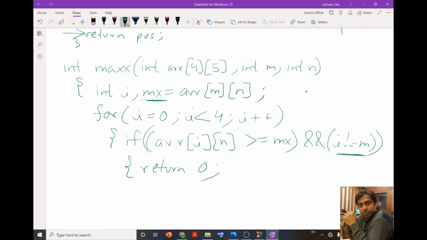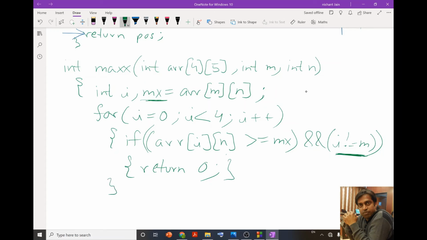We will check that the value of I, meaning the location at which we found the minimum value, should not be equal to m. If I is not equal to m, then we are going to return 0.